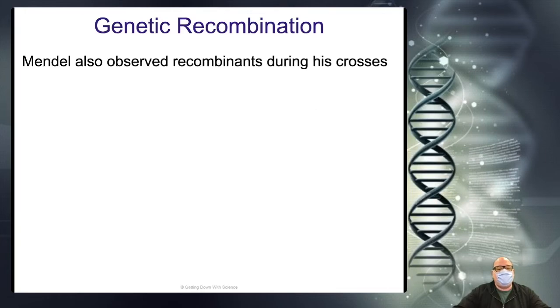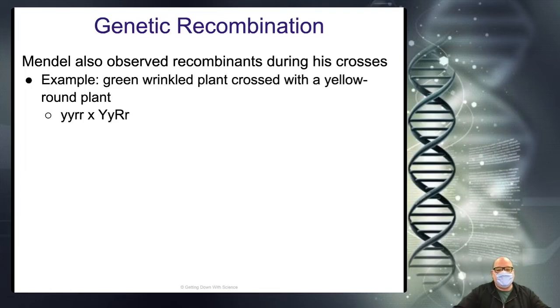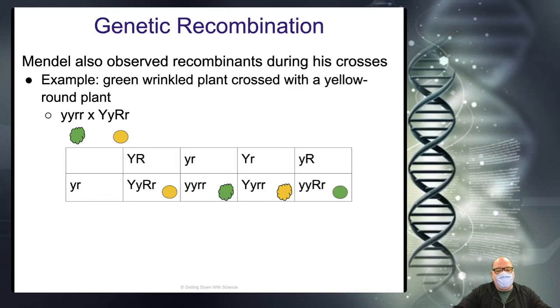So Mendel observed some recombinants during his crosses. When he did a green wrinkled cross with a yellow round, he found that they could combine in ways where green and wrinkled didn't follow each other. There was a combination that was new. So he took this recessive green wrinkled and crossed it with this heterozygous for yellow, heterozygous for round, and when that happened, what we get are